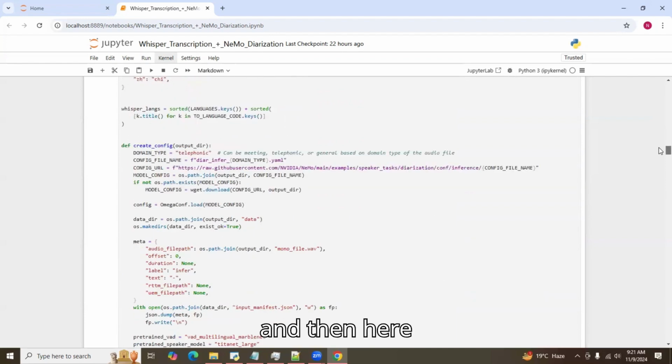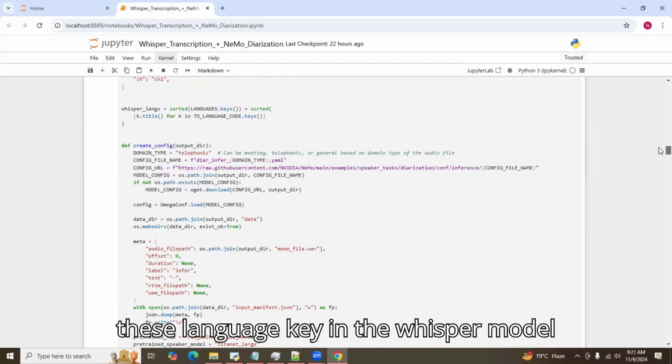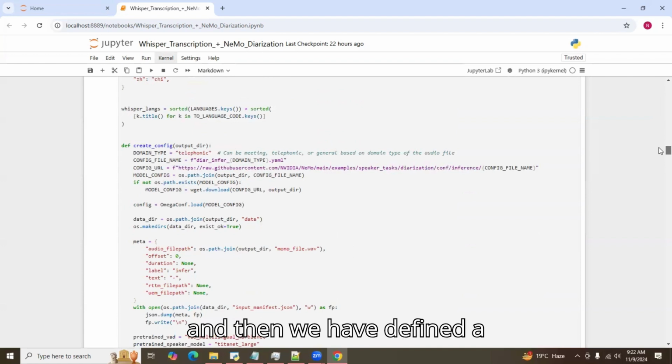And then here we have passed these language keys to the whisper model. And then we have defined a configuration function in which we told the model that